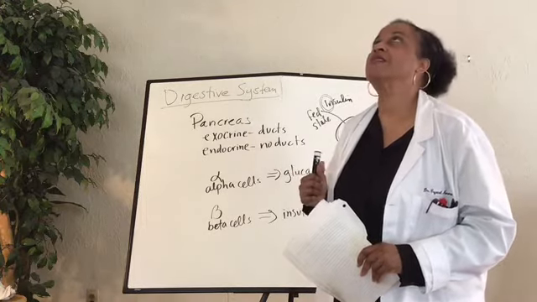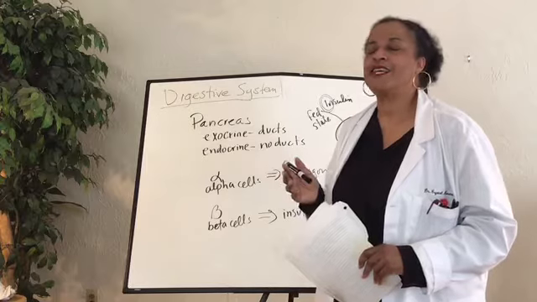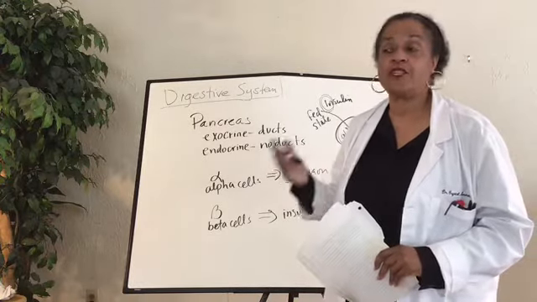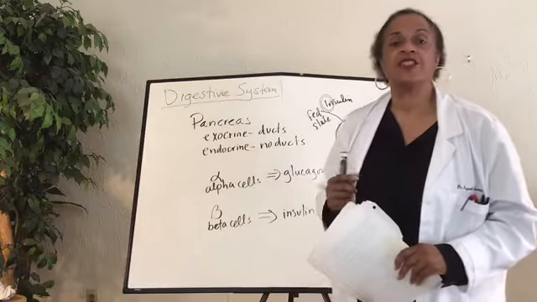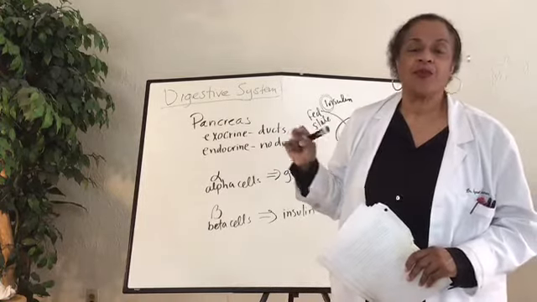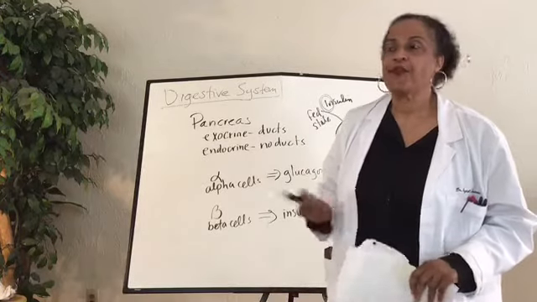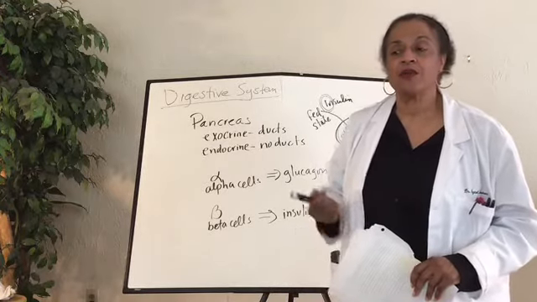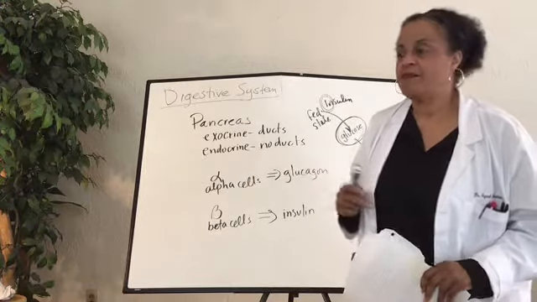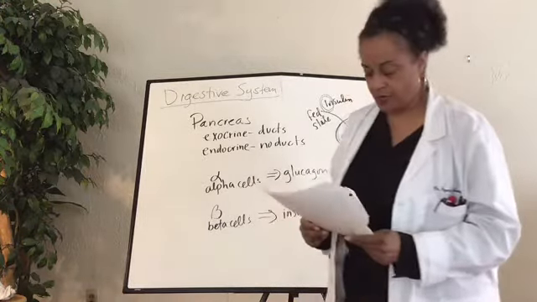We just call it CCK so much, but cholecystokinin is what it stands for. If you see that in your text while you're reading, that's just cholecystokinin. It's just a short way of saying CCK. And also the pancreas will secrete secretin. They both have functions to